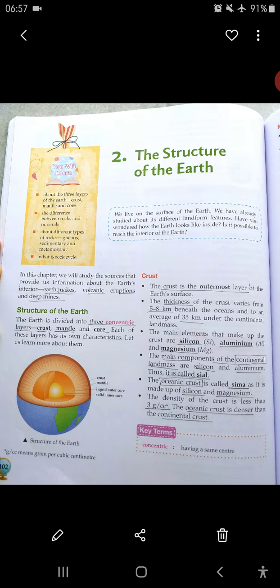When we go for the temperature, what will be the temperature of the mantle? We will see that the upper mantle is 870 degrees centigrade and the lower mantle has a temperature of 2200 degrees centigrade. Okay, so if you compare, you can see that the lower mantle has maximum temperature. Why does it have maximum temperature? Because it's very near to the liquid outer core, and